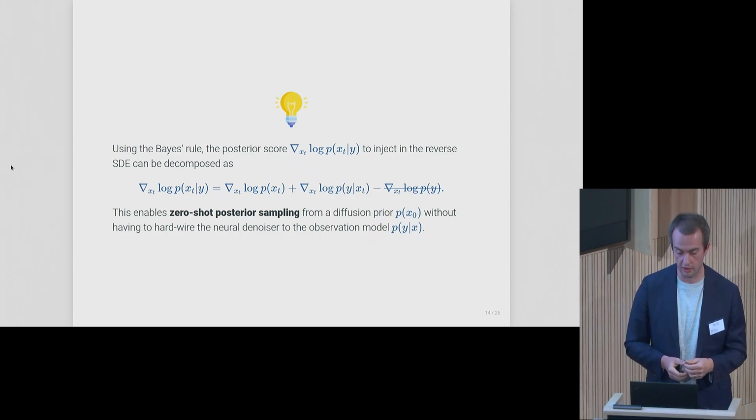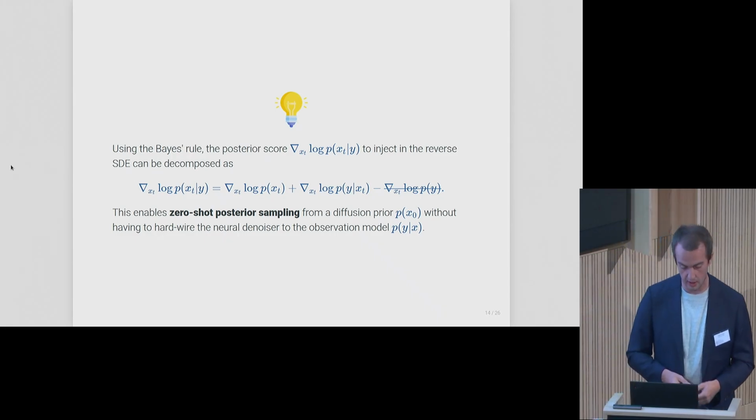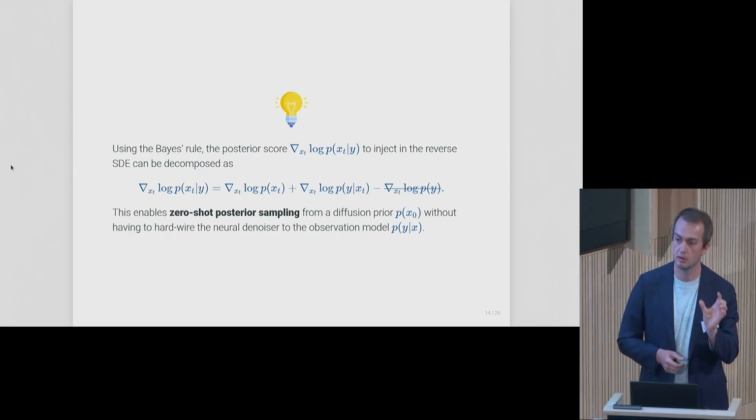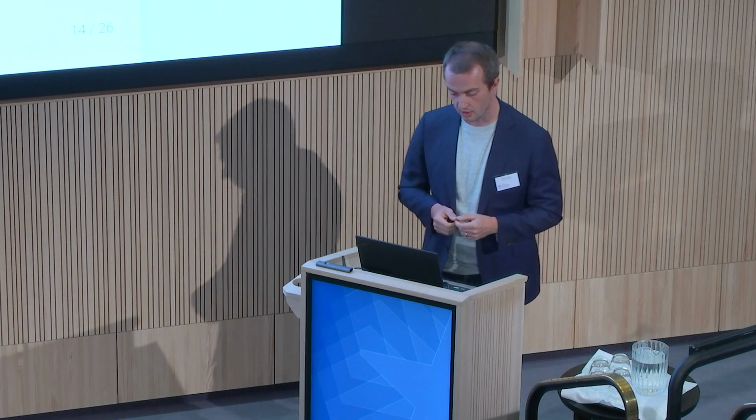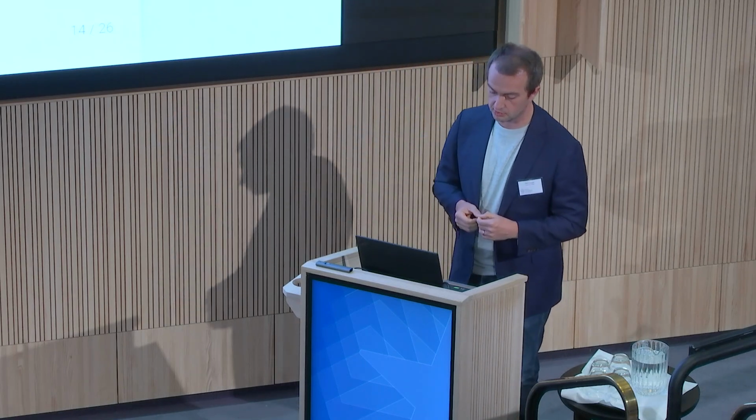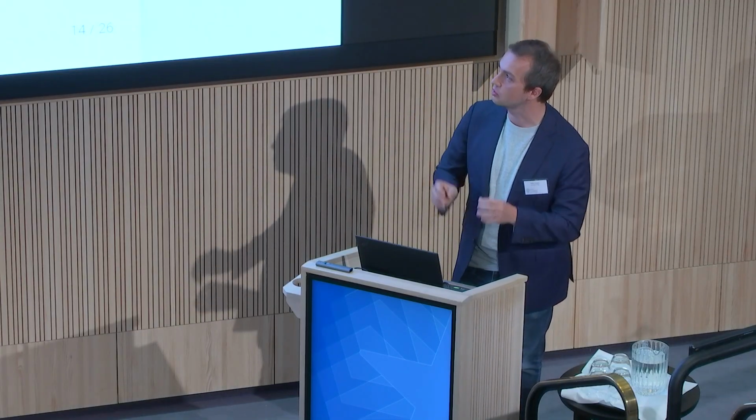The score version of the Bayes theorem also holds, and it allows us to re-express the score of the posterior distribution, which is the distribution we would like to sample from, as the sum of the prior score, which is a quantity that supposedly we already have, since it is the diffusion model we would have trained a priori, and the second term, which is the score of the likelihood corresponding to the perturbed, noisy state xt. So this term is a bit more complicated